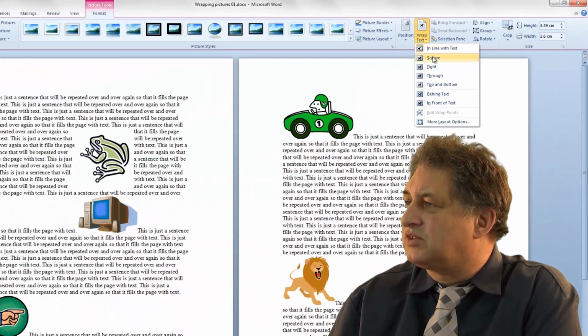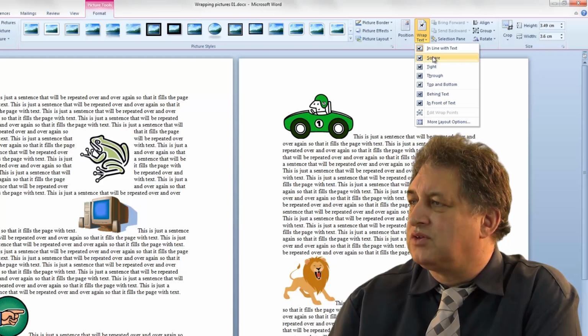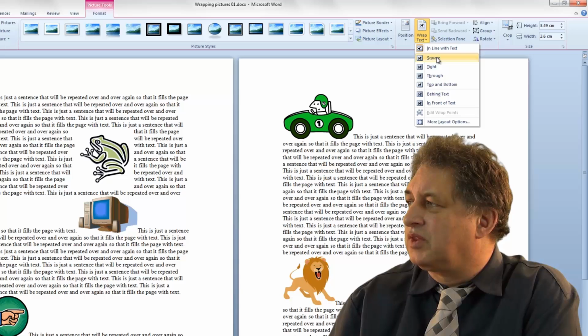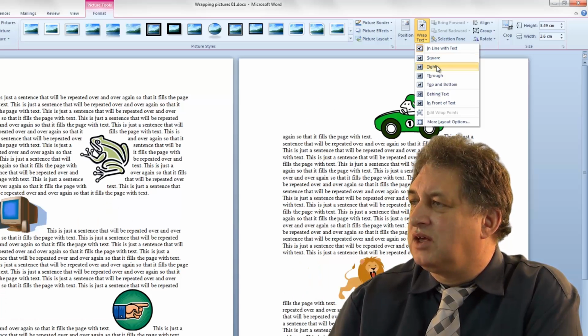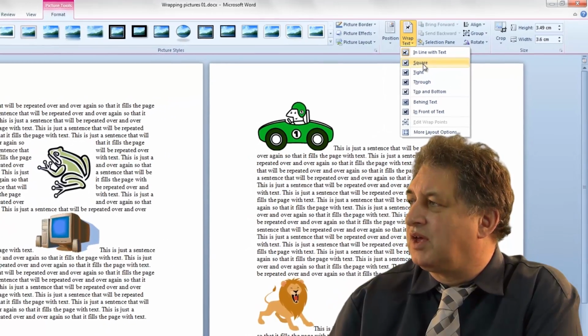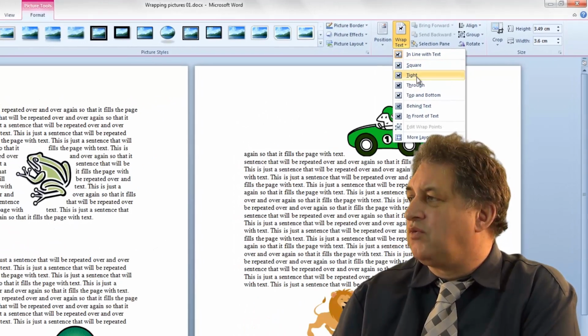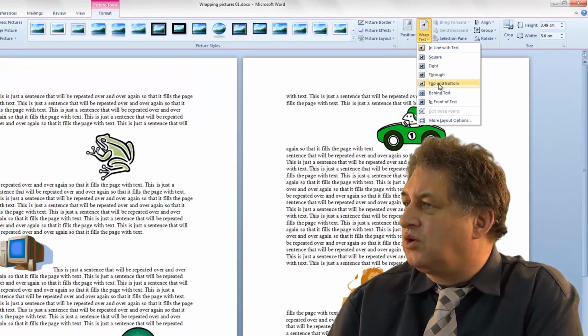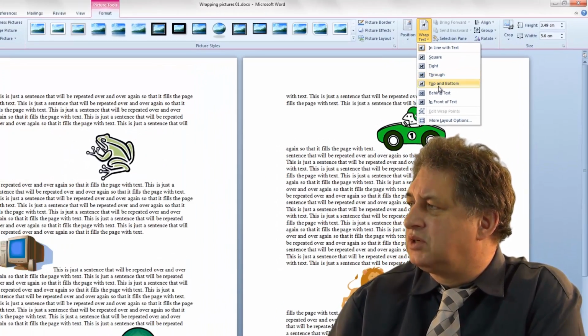The next one is square. Can you see what happens to the frog? Look at the way it changes. It was like that. It goes to that. If you want to select tight, that basically gives you a slightly different option. So instead of the square, which looked like that, you can have a tight wrapping option which looks like that, or you can have a through option, or you can have a top and bottom option,